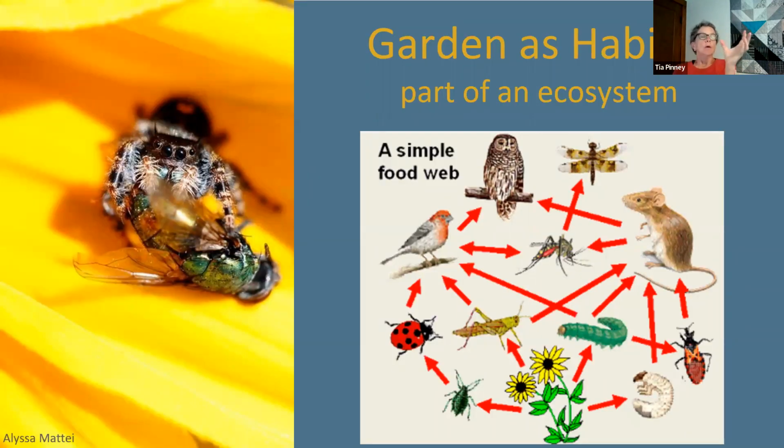So think of your yard as an ecosystem. If you can focus on an ecosystem, what are you providing? Does your ecosystem have all the elements of a healthy ecosystem? Here we have a simple food web, and a food web is exactly what it sounds like. The sunlight supplies the energy, and then we have the producers, the plants down here at the bottom, represented by this sunflower-looking graphic, and that plant then supplies food and energy to a numerous